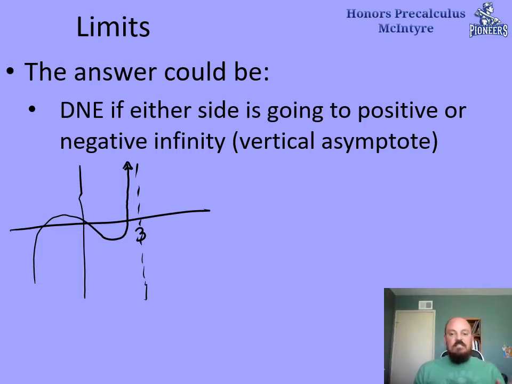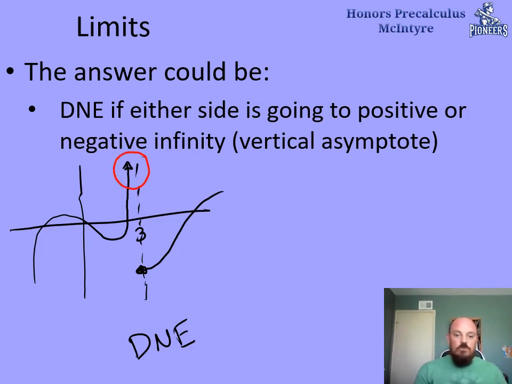If you get that type of situation on either side of the line, the limit automatically does not exist. It doesn't even matter what the other half of the graph looks like. The other half of the graph could have a limit. Like maybe the other graph goes like this, and it stops at this point (3, -3) or something. That doesn't matter, because if either side has this picture right here,